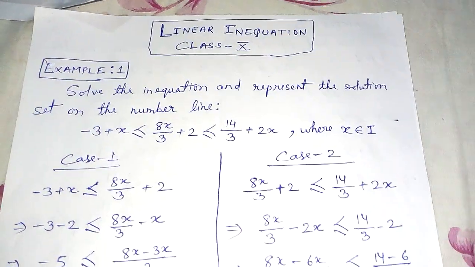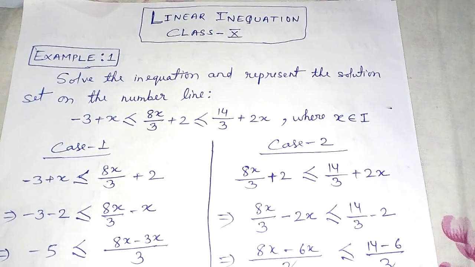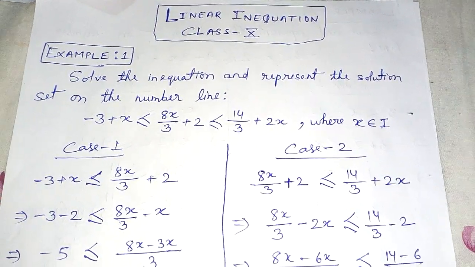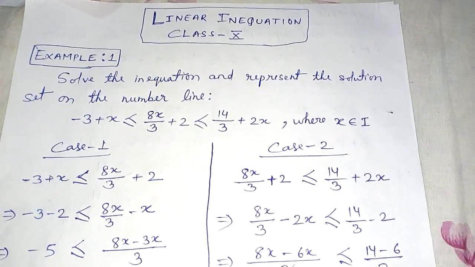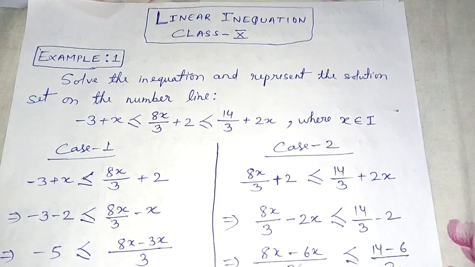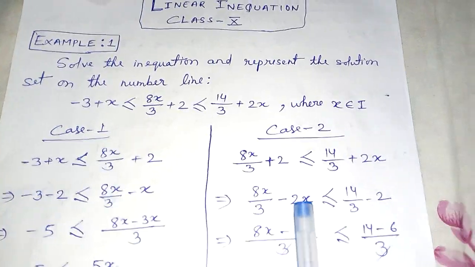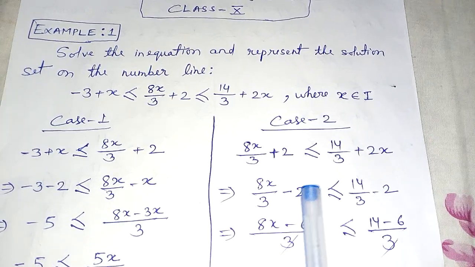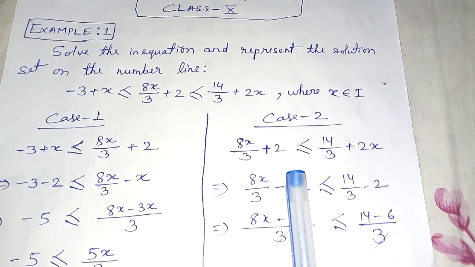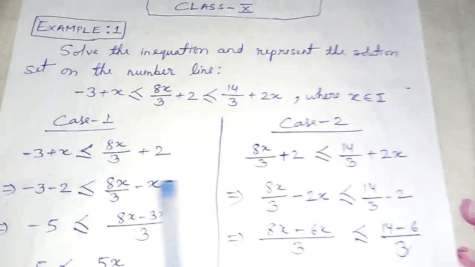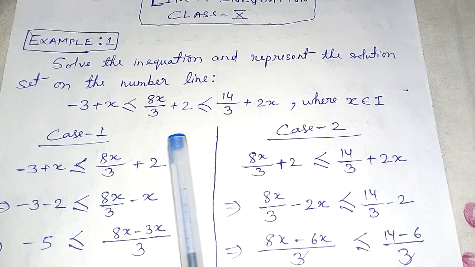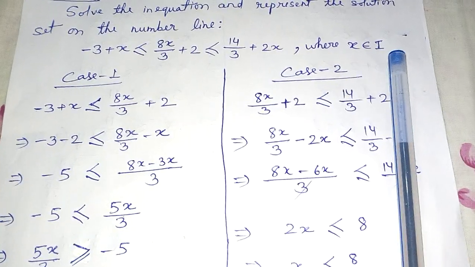Now integer means any positive or negative number, but it should not be a decimal or a fraction. And W means whole number, meaning 0, 1, 2, 3, 4 and so on. No negative number can be taken in whole numbers, and natural numbers begin from 1: 1, 2, 3, 4. That means all positive numbers beginning from 1 are called natural numbers, and natural numbers and whole numbers cannot be decimals. So it is a little bit different. Last time we discussed R, that is real numbers. Today we will discuss all about I, W and N.